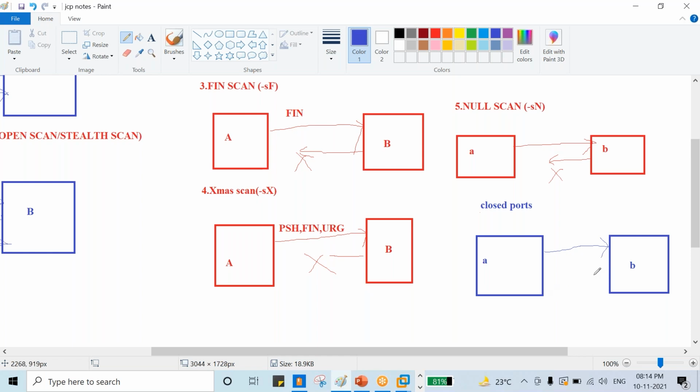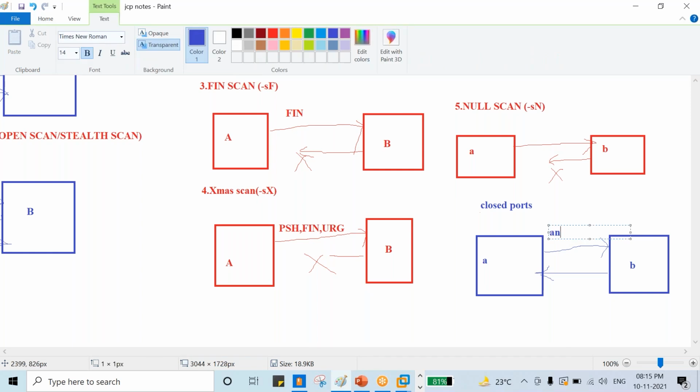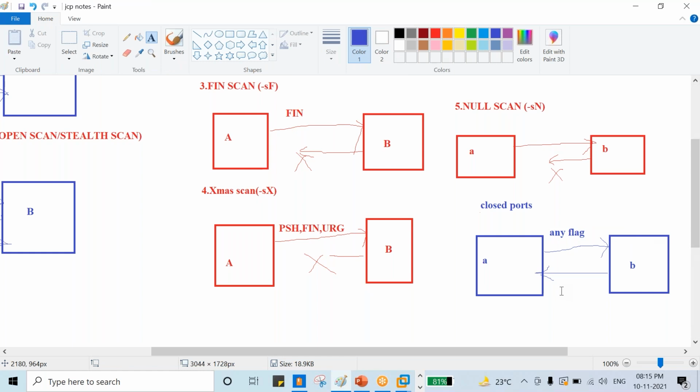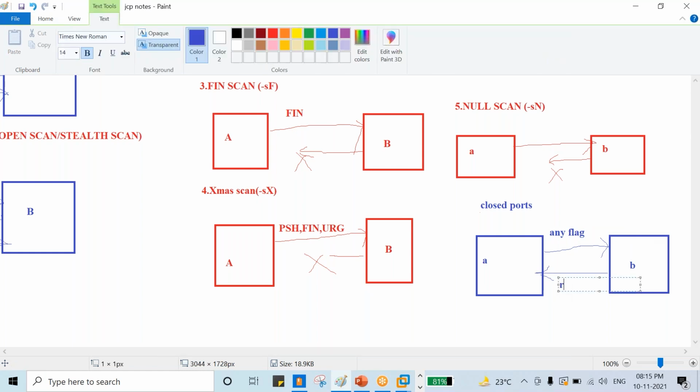If you send any flag and the port is closed, definitely you will get a reset flag. So this is in the case of closed ports.